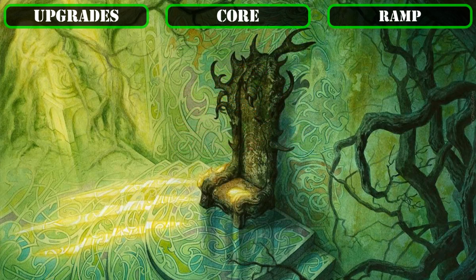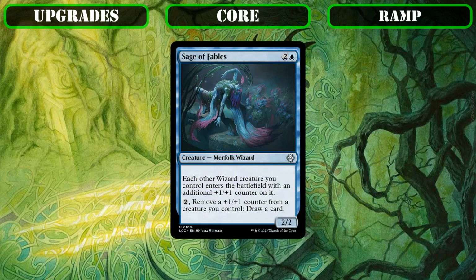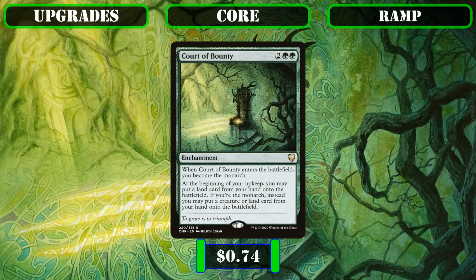And then as our last new piece of ramp, we'll be removing Sage of Fables, whose ability to turn our +1/+1 counters into draw is okay, but we already have plenty of passive sources of draw that don't require mana or counters to function, in order to make space for Court of Bounty, which still provides card advantage by making us the monarch when it comes down, and, more importantly, either allows us to put an extra land into play